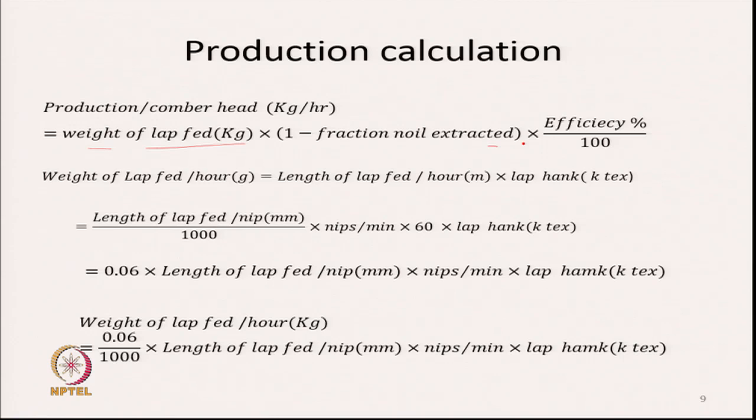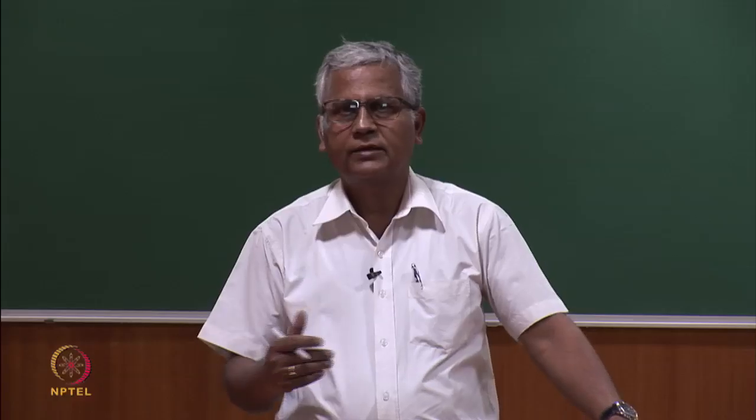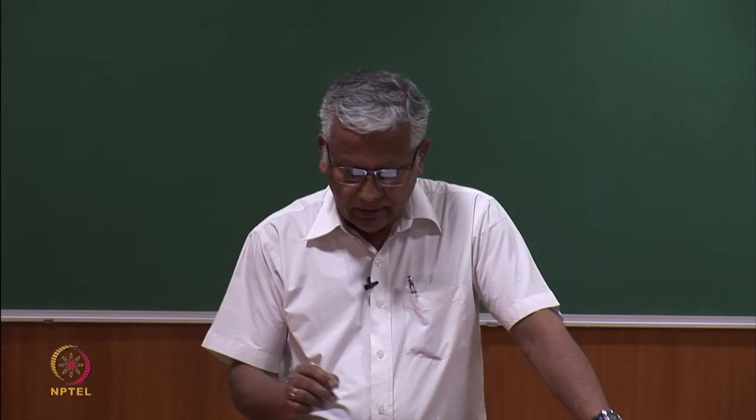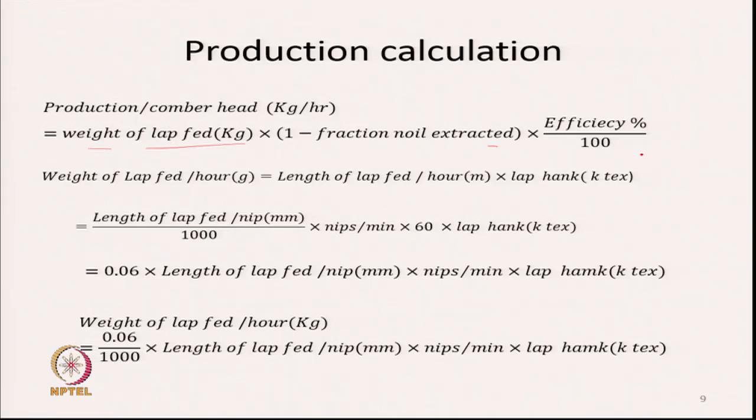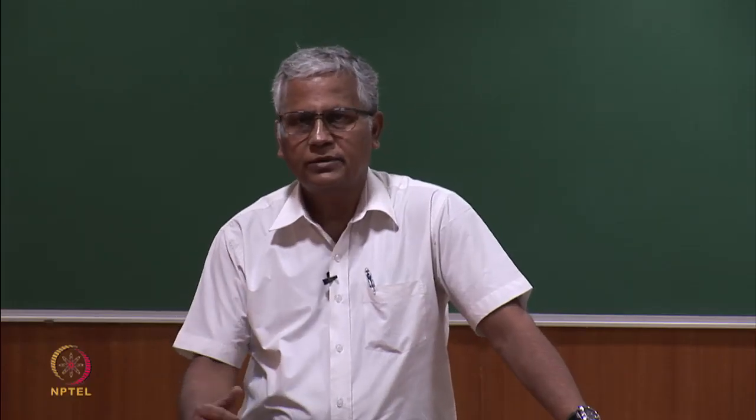So, we have to find out how much is going out of the system, and hence we have to factor that into this formula, multiplied by the efficiency of the machine. The machine may stop due to a variety of reasons and may not be producing the material in 1 hour, or whatever time we fix in a shift, which could be 8 hours. If we want to calculate for a day, it could be 24 hours. There will be certain times when the machine will not be in operation.